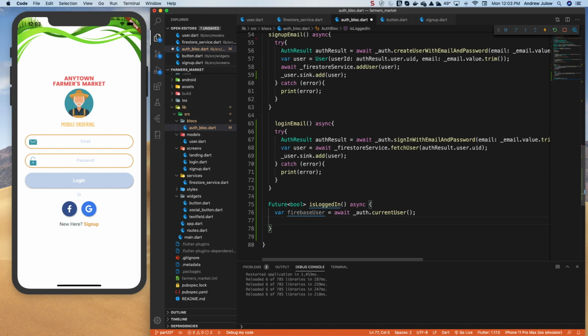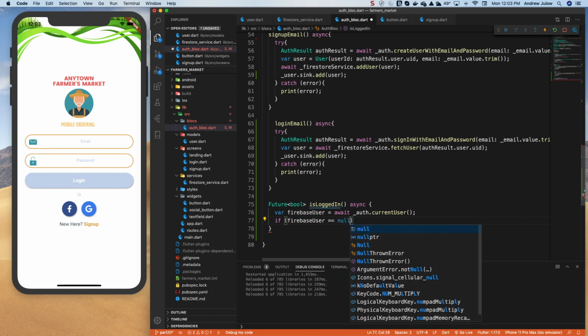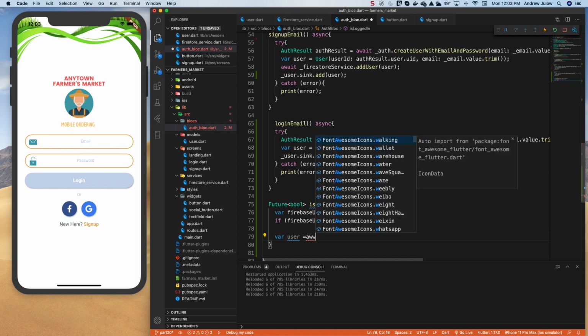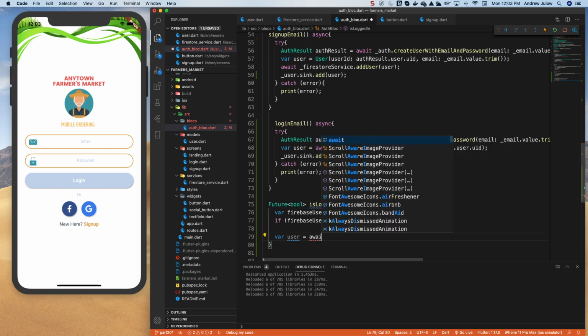So that'll return us a future. And if that is null, then we're done here. We can return false. But if not, we want to keep going. And now we want to get a user from our database. So we'll call that var user. And we will await